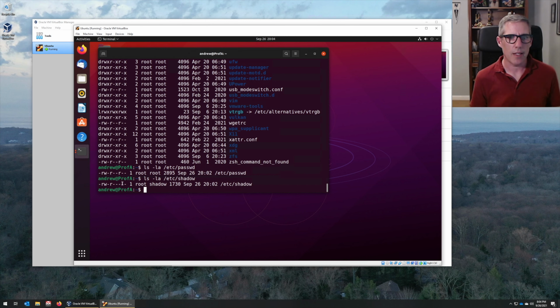What that is saying is that the root account owns this. We'll see how we can change that in a little bit. The root account and the root group own the password file. The root account and the shadow group own the shadow file. And the permissions here are saying that the